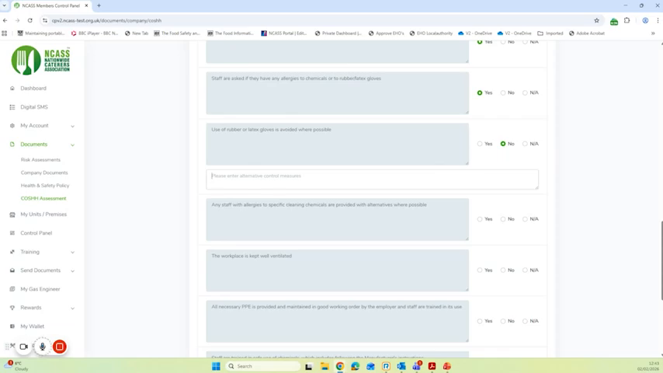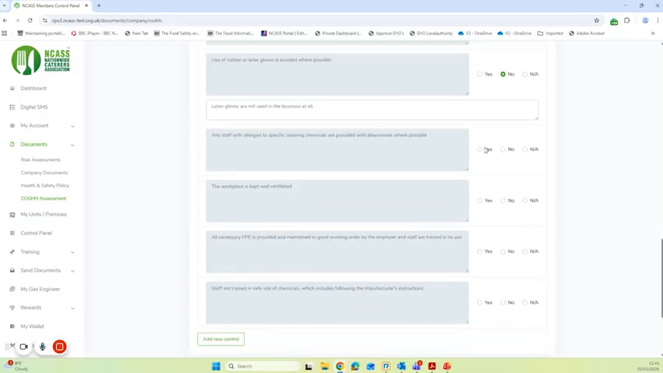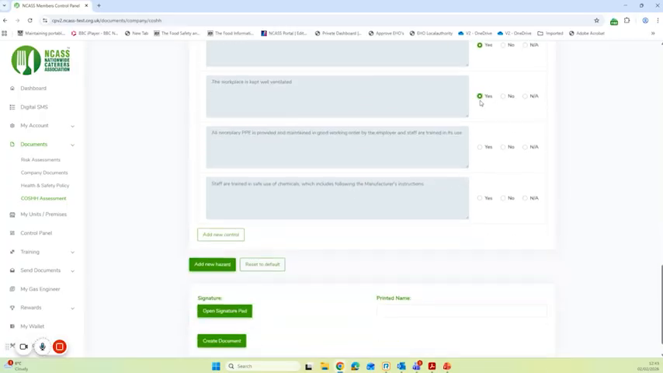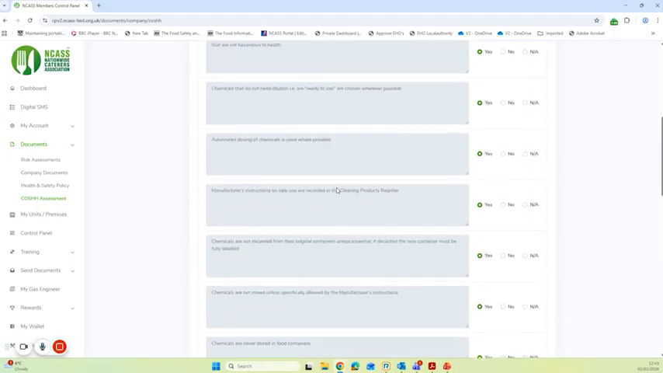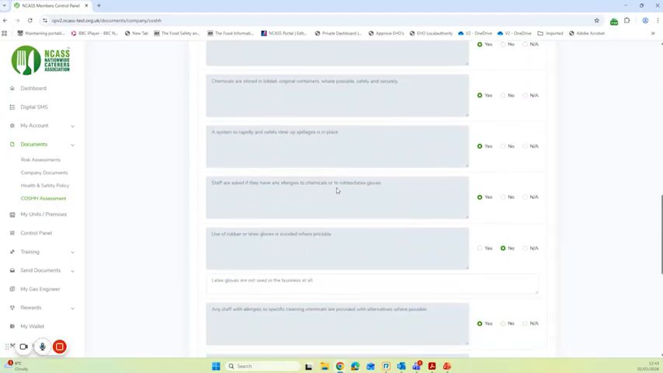So latex gloves in the business are not avoided in my case. They just are not used at all. So I'm going to make that point here. Latex gloves are not used in the business at all. There you go. And that's my alternative control measure. I made that quite clear. Okay, so we're moving down. Yes, these all apply. These all apply. Yes, yes. And I have now gone through and checked off all of the mandatory COSH assessment control measures for